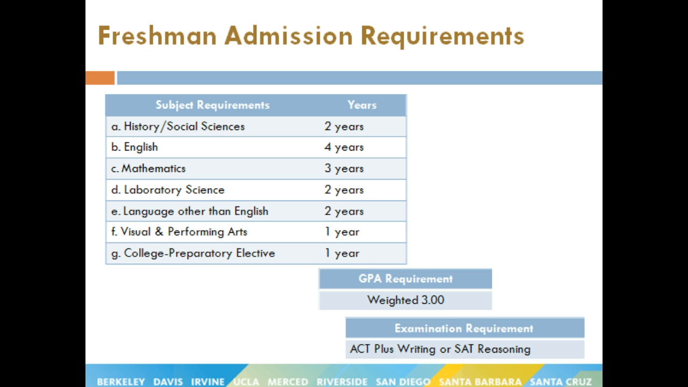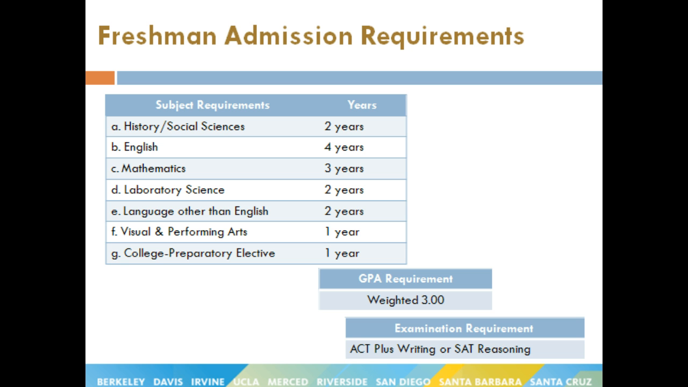Hopefully you are already familiar with admission requirements for the UC system. The A through G requirements cover the core subject areas in history, English, math, science, foreign language, visual and performing arts, and college prep electives. Please review the chart on screen to make sure that you have met the minimum course requirements to be eligible